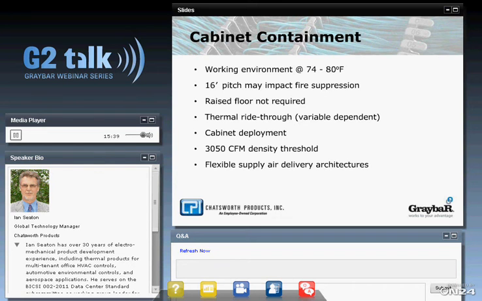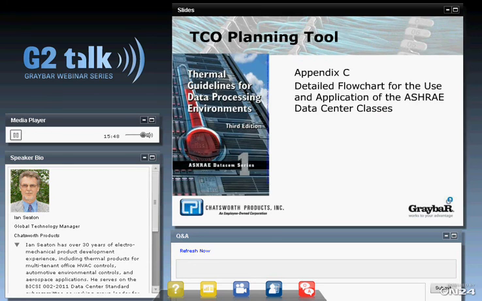Again, the same flexibility with hot aisle containment is associated with cold aisle containment. So the rest of the presentation will be drawing specifically from the Thermal Guidelines for Data Processing Environments ASHRAE Handbook, the 3rd edition, which was just published 3 months ago, and specifically looking at Appendix C, which gives us a